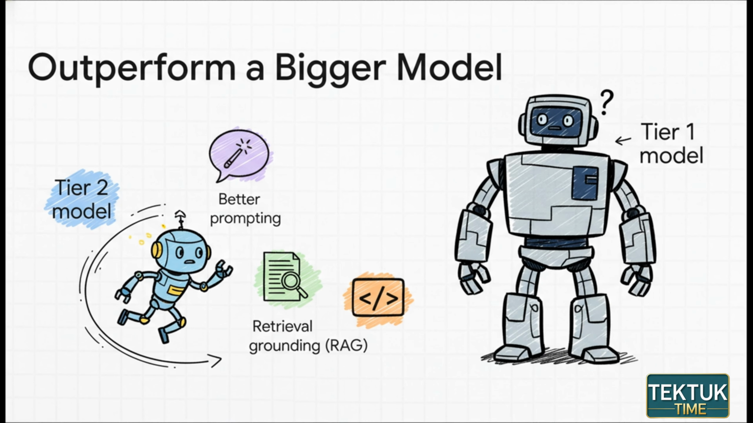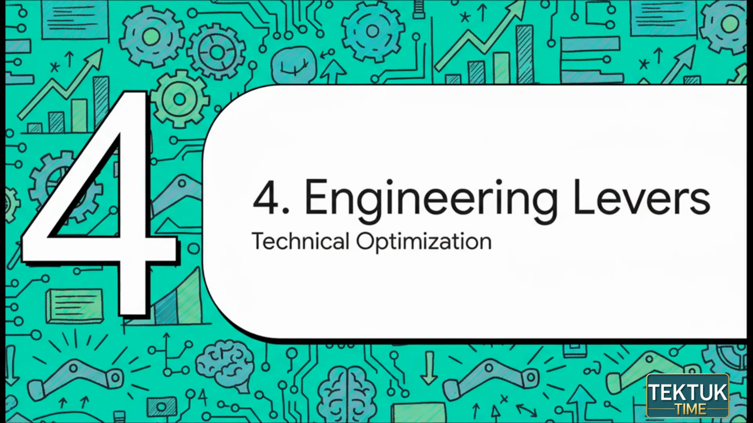By doing things like providing better context with RAG or enforcing structured outputs like reliable JSON, you can get way better results from a cheaper, faster model. So if engineering is the answer, what does that actually look like in practice? Let's talk about the specific technical levers you can pull to really dial in your performance and your cost. This is where your skill as an engineer allows you to get the absolute most out of any model you